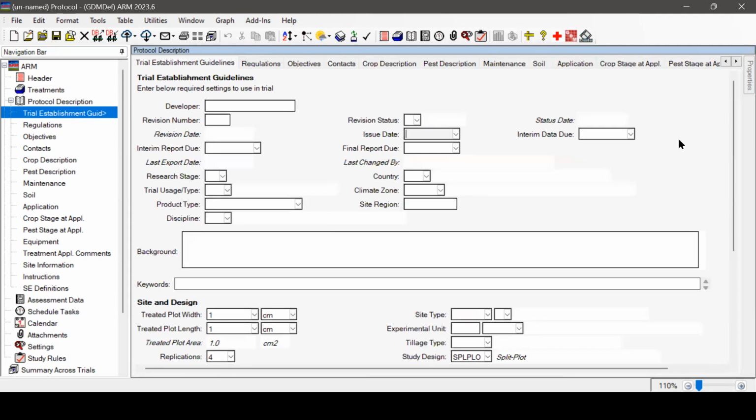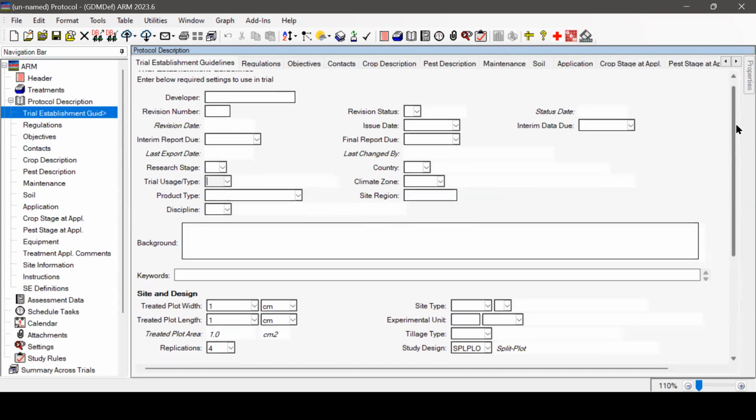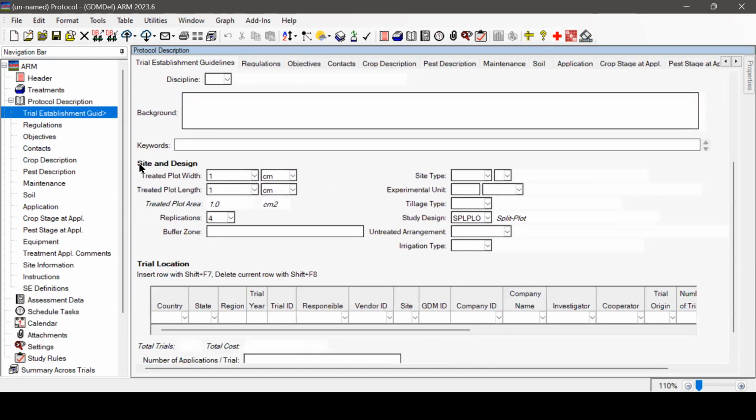So the protocol description, here we'll go through a couple of different tabs to point out things that are different. Of course, a fair number of these are really the same. We're performing research, so we've got due dates and categorization of what type of research this is. A lot of that should be similar. Not much of a leap is needed depending on what type of research that you're doing. But I do want to point out here in the Site and Design section on this first tab is where we can fill in